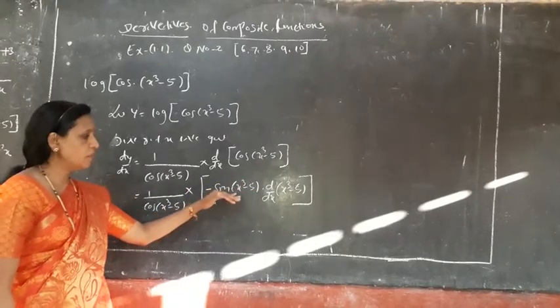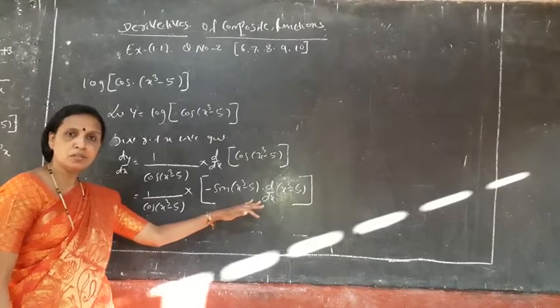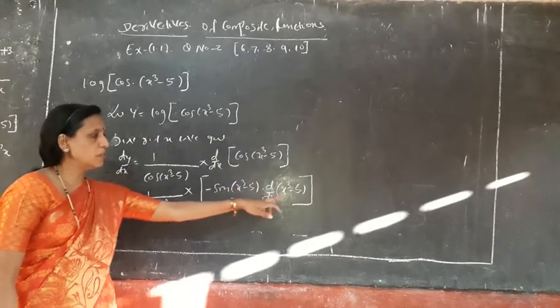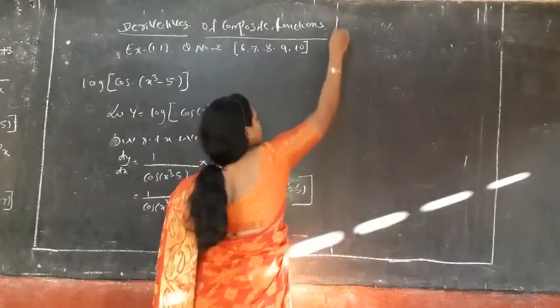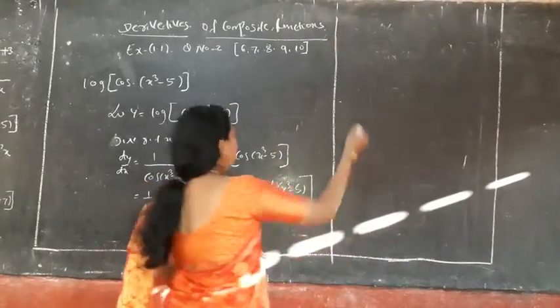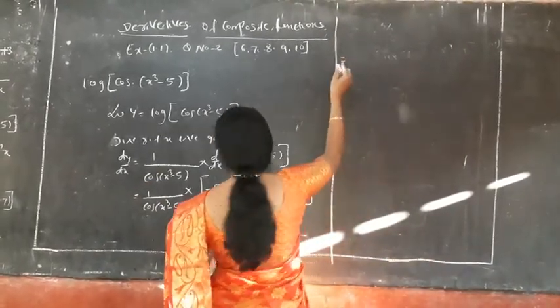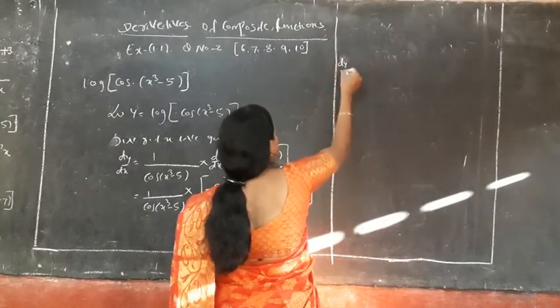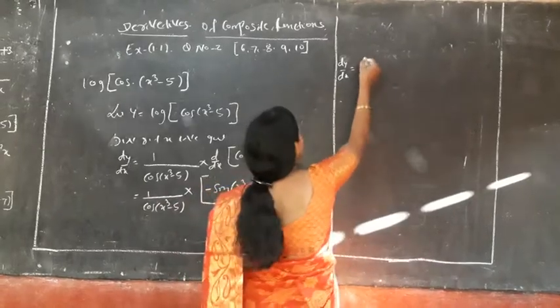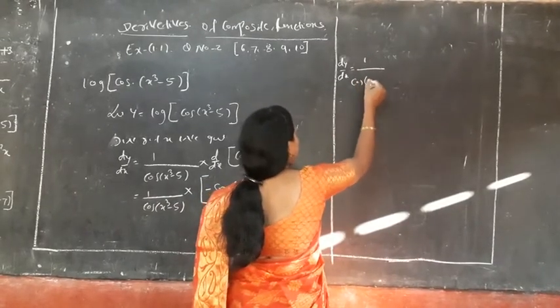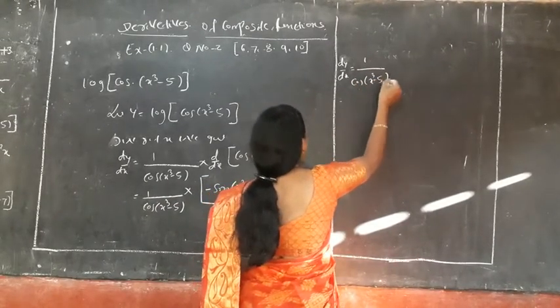So write first minus sin of x cube minus 5, and then differentiation of the function x cube minus 5. So dy upon dx equal to 1 upon cos of x cube minus 5